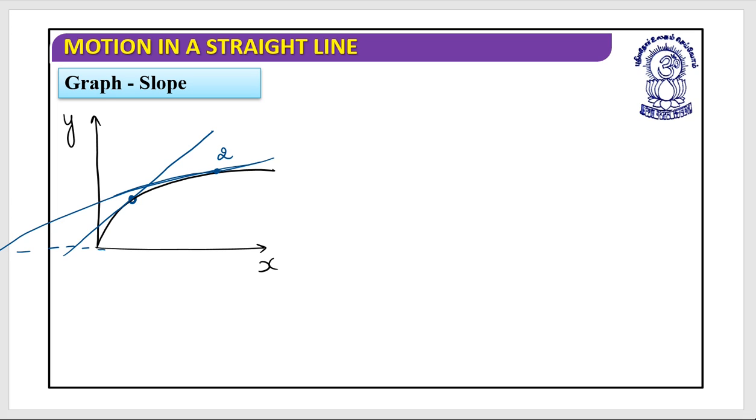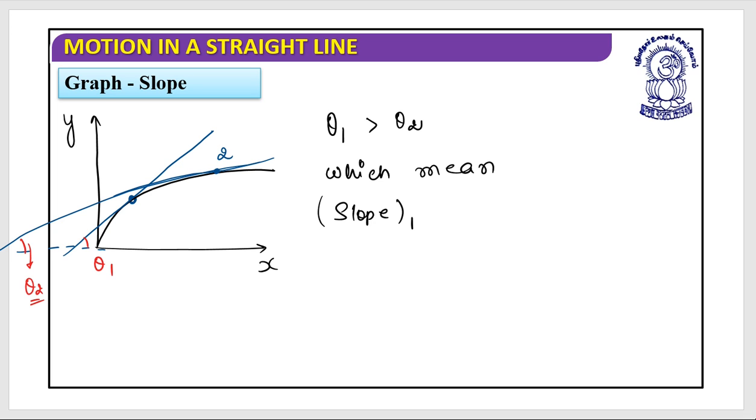Something like this. So this is theta 1, this is theta 2. Now what you can observe, yes, you are right, that theta 1 is greater than theta 2, which means slope at location 1 is greater than slope at location 2. So